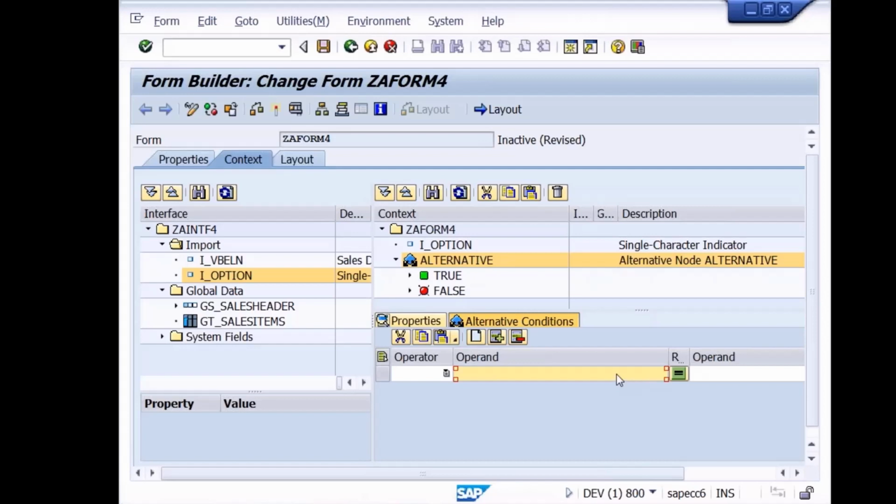What is the operand here? I_OPTION. I_OPTION equal to, I can give only equal to here. I'll say H. I_OPTION is equal to H. Am I clear? So I_OPTION equal to H means if the option value is H, I should display